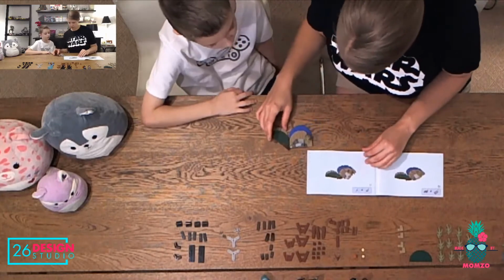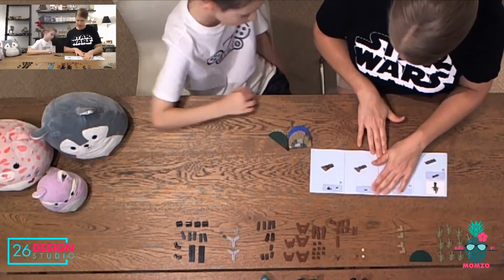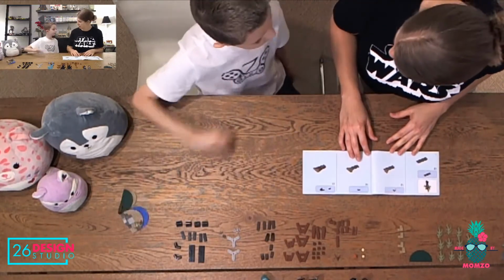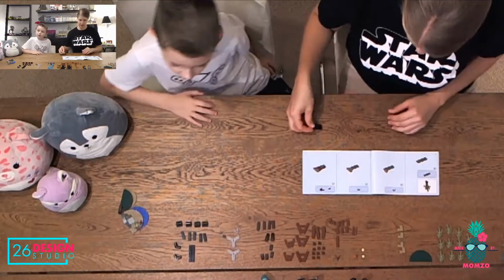All right, so we are coming along nicely. We've got some greenery coming in, and it looks like we're going to set this to the side because now we're going to make the tree that's going to go on top of it. All right, so we need